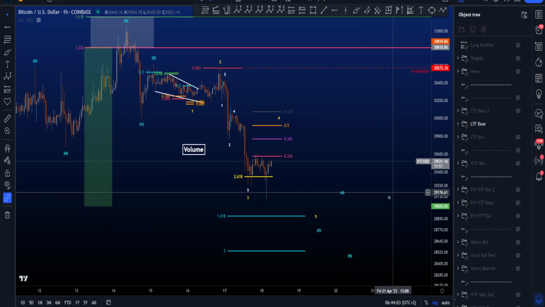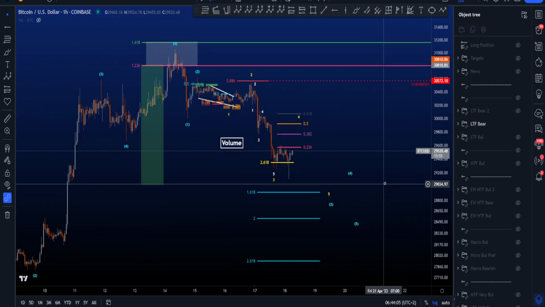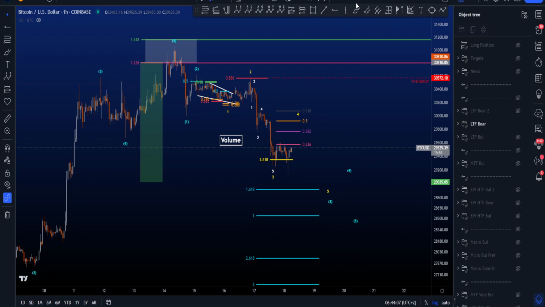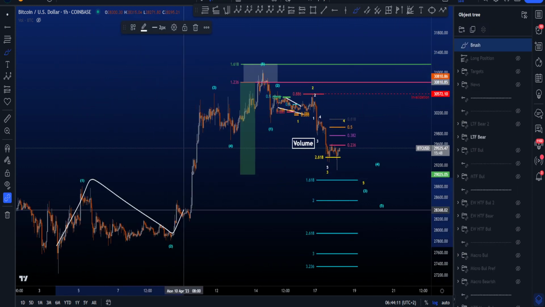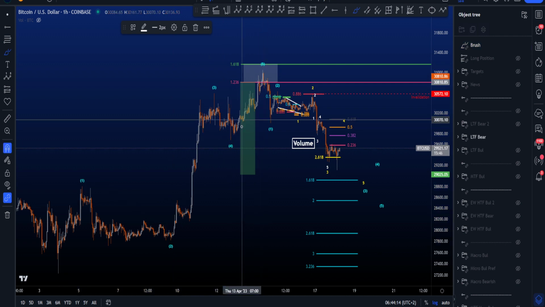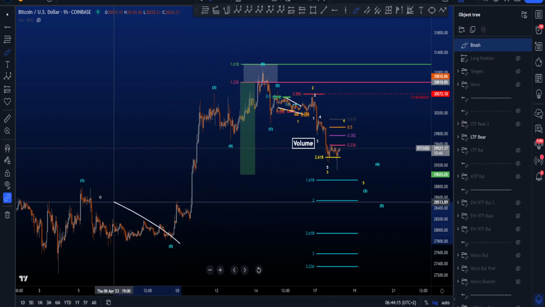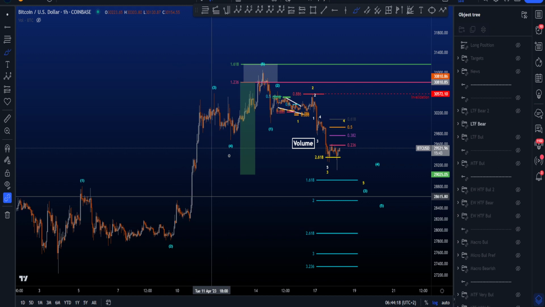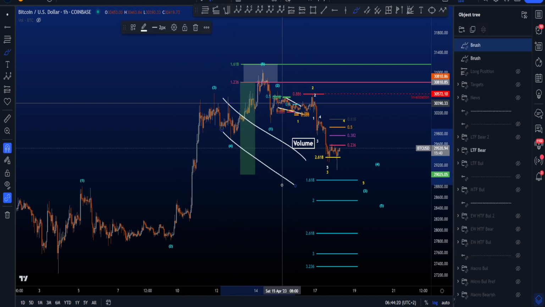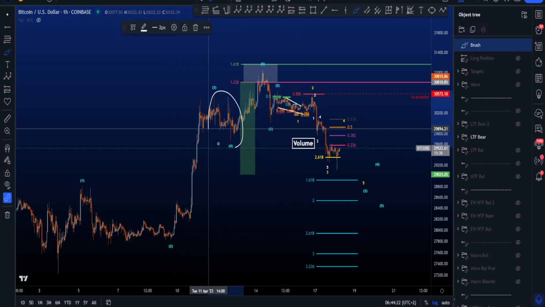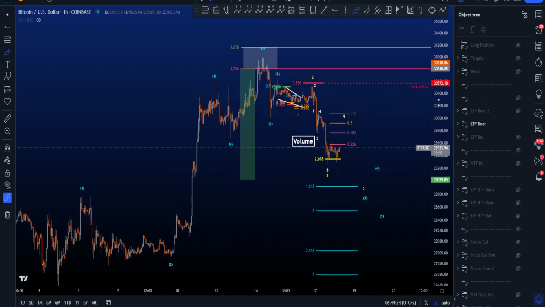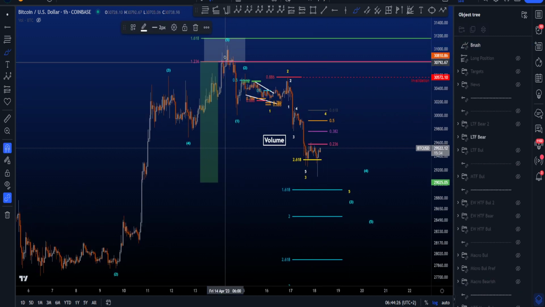If we then go to the bearish scenario, the first of the 2 bearish ones that I have is that this is the high of wave 5. If I zoom out, we then have a wave 1, 2, 3, 4, and then a wave 5. Wave 4 is very short compared to wave 2, and usually a wave 4 is longer in time compared to a wave 2, so this is something I don't really like to see. Then we have wave 5 over here at the highs.